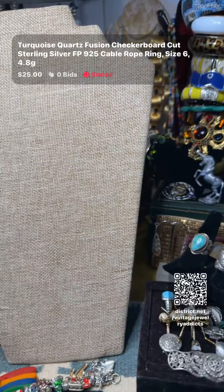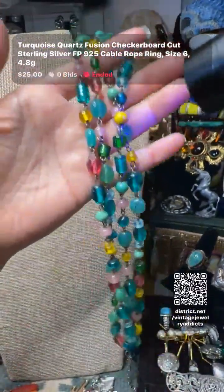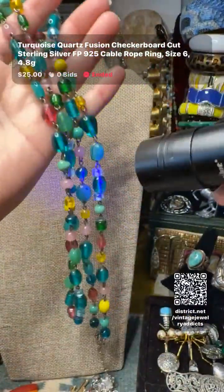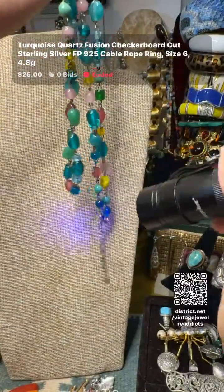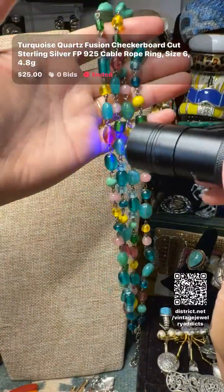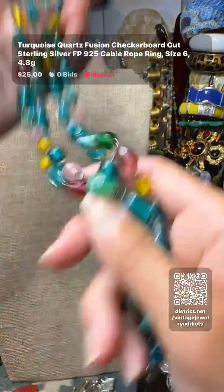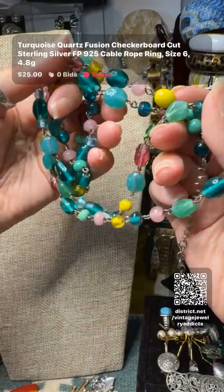Okay, let's see. Here's another glass necklace. And let's see if there's any glow in this. Nothing screams glow like that one. So I don't see any real glow, but it's a nice longer all glass bead with chain,